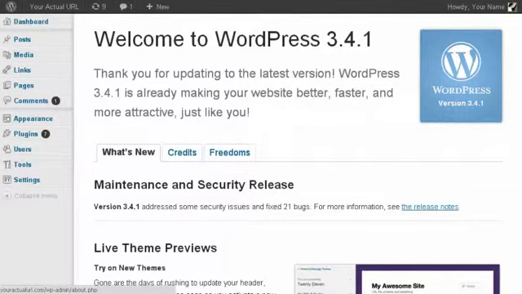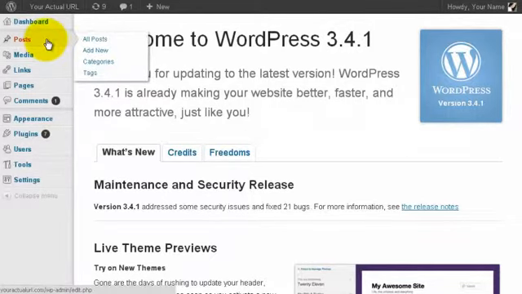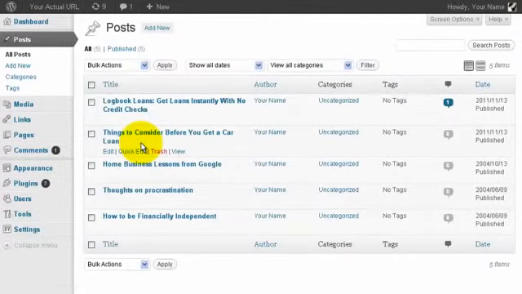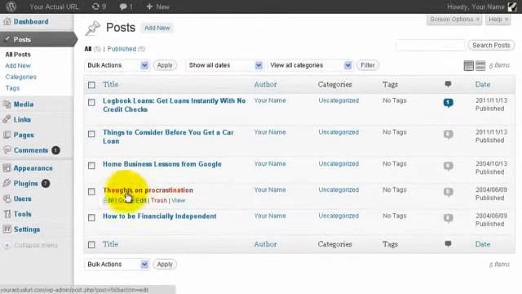In this video, I'm going to show you how to use images in your blog posts and also in your blog pages. So to get started, first log into your WordPress dashboard and let's take a look at the posts that you have created before. If you haven't created a post, then you should create a new post. So I'm going to click on All Posts and select one of the posts that I created before. I'm going to click on Edit,